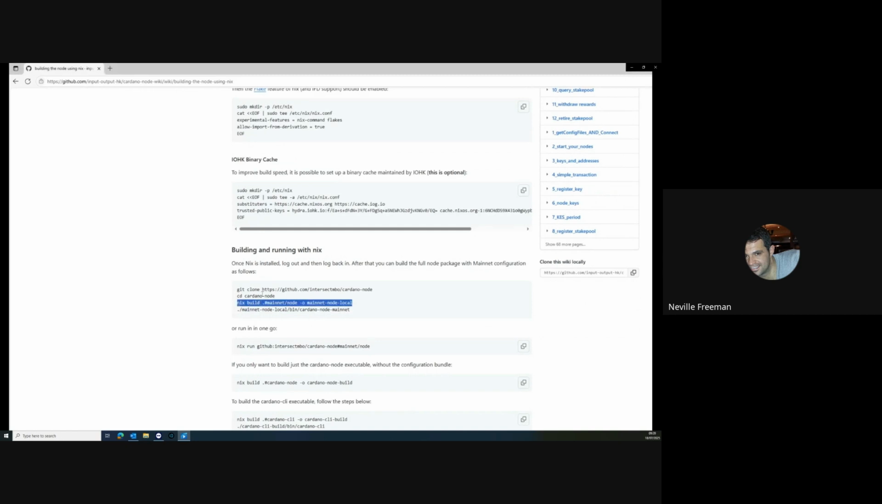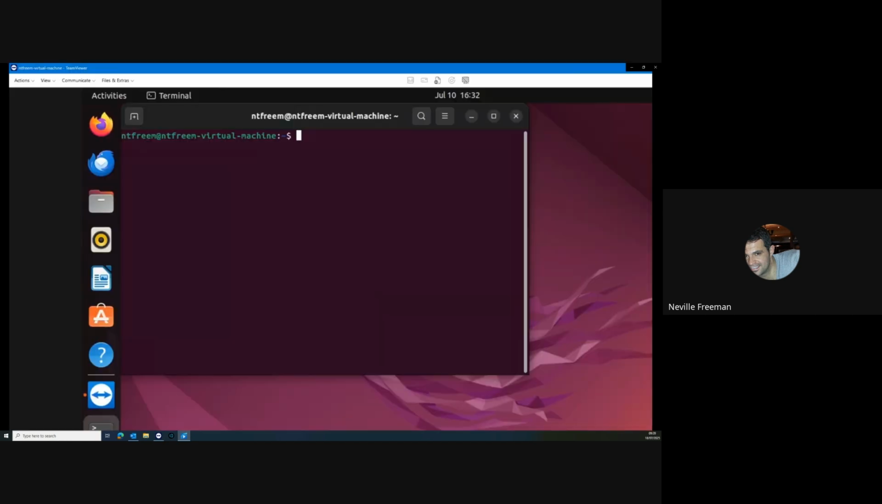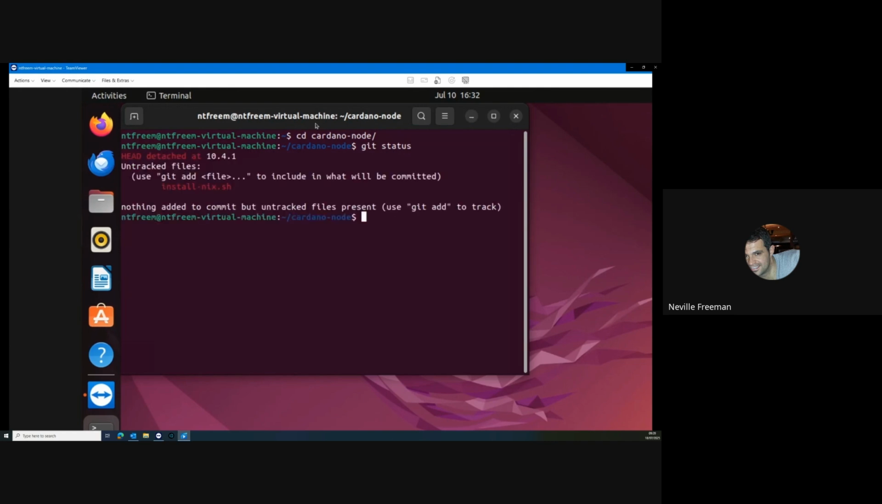Copy that, go back to our terminal, cd into our cardano-node directory, do a git status there, and verify we're on the correct version, and then paste the nix build command in there. Hit enter,